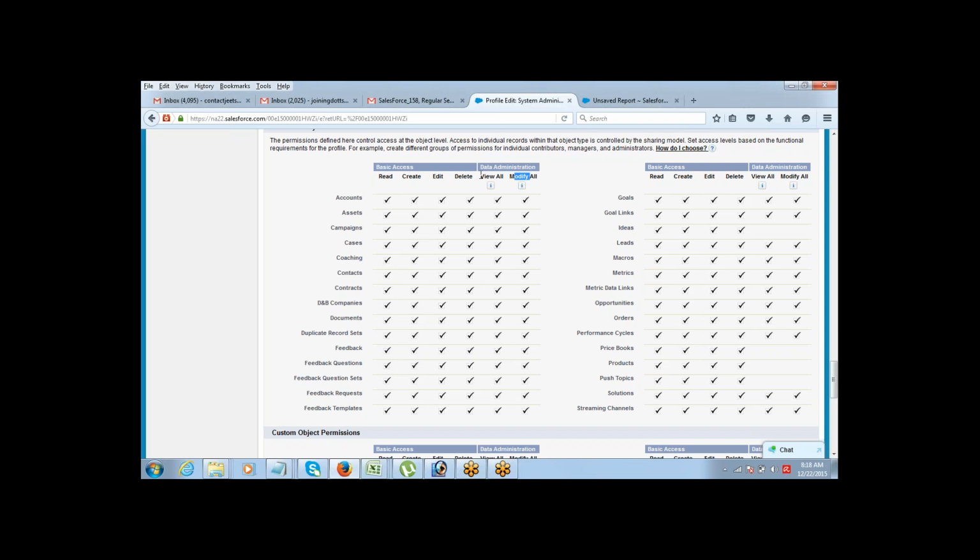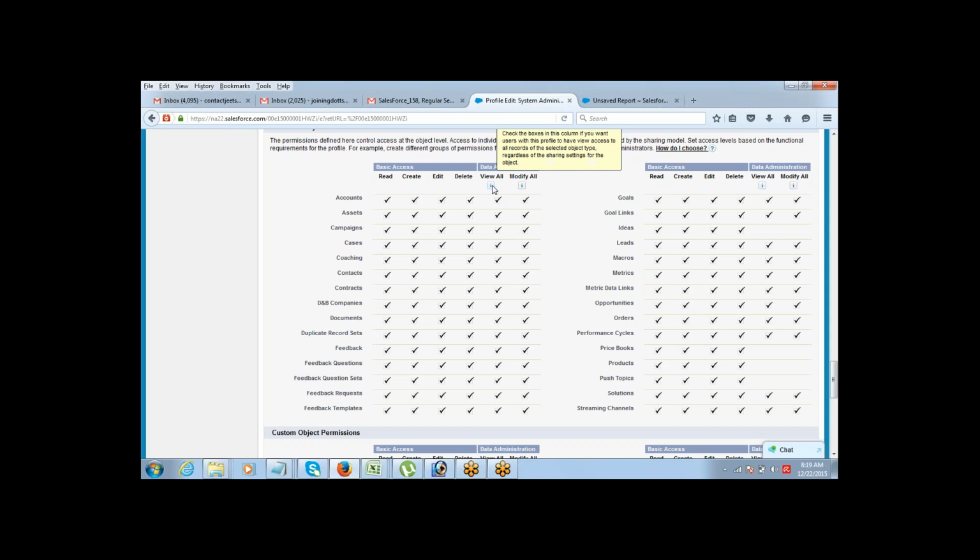These are the permissions which usually people like system administrators, who are responsible for data updates, management, and data cleansing, are given. Because if you restrict the administrator from looking into data, then what will happen? The administrator will not be able to do the data cleansing activity, or pull out reports. So that's the reason why these permissions are given to system administrators usually, or you can give them to anyone. Let's say someone in top level management wants to see everyone's data. You have this permission.